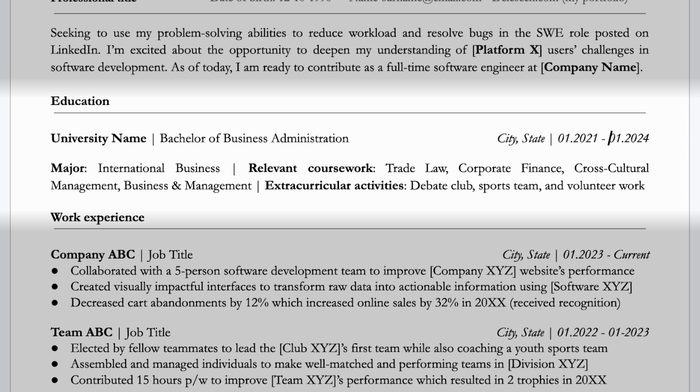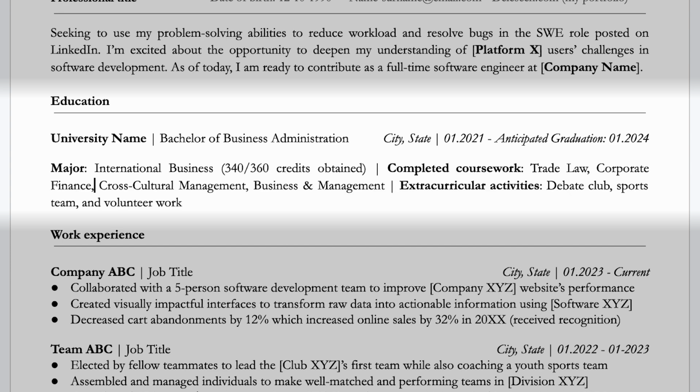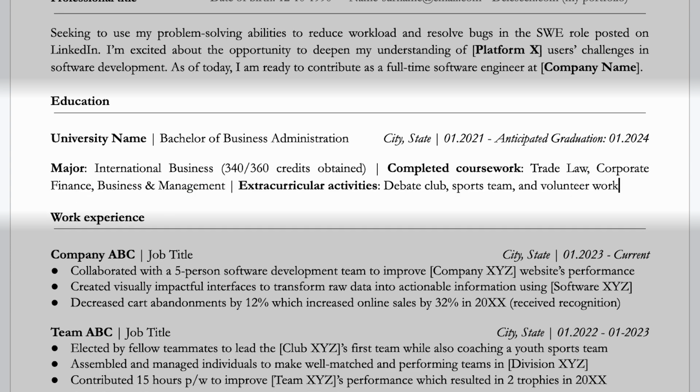Now, if you have incomplete or in progress education, be sure to mention your anticipated graduation like this and include your obtained credits like so. Change relevant coursework to completed coursework and remove those courses you haven't completed yet. Now, if you don't have a degree related to the position you're aiming for or no educational background at all,